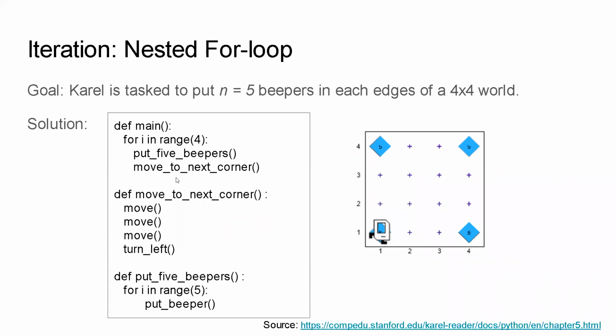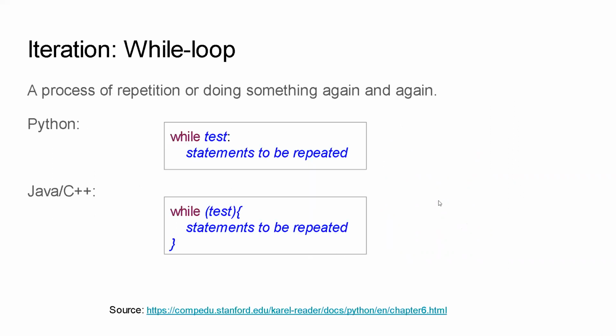And the code is this, you have a custom function like move to the next corner, put 5 beepers, and then just go to the corners in the main loop or in the main function. And the idea is just to solve the problem. While loop is also introduced, a process, again, this is similar to for loop, but